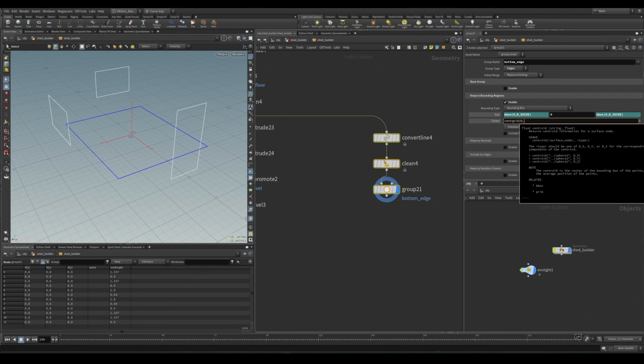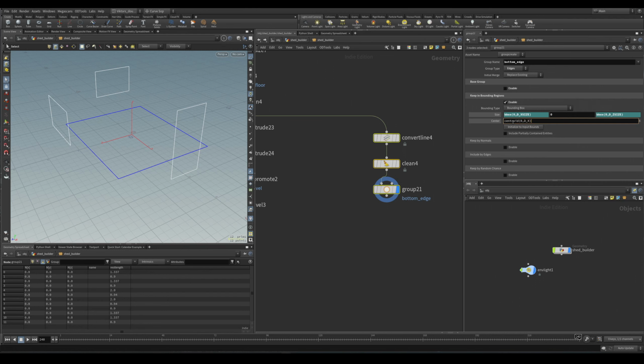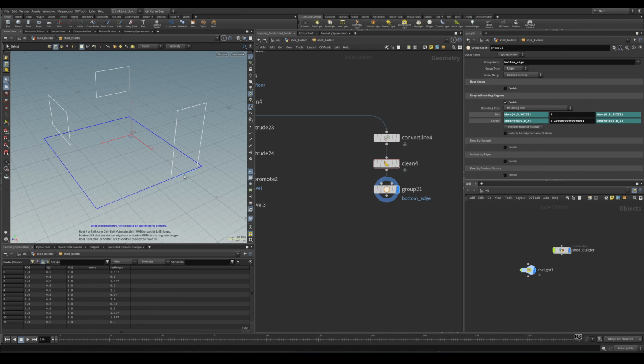So it's going to be our center of the X. So the X, like that. Let's copy for the Z also, except for the X and Z center. And for the center on the Y, we want to make sure that it's at the bottom of our geometry. So that's going to be a bounding box